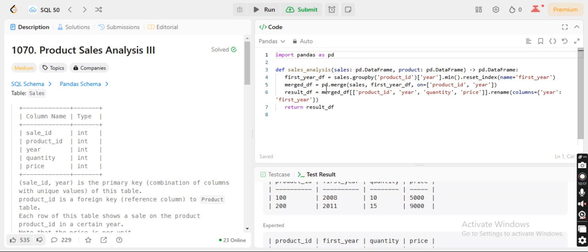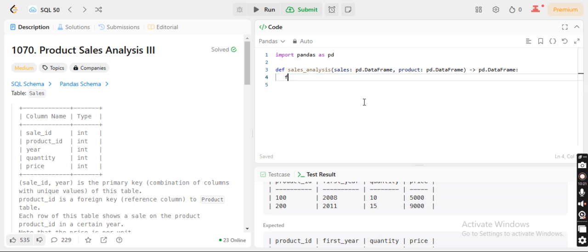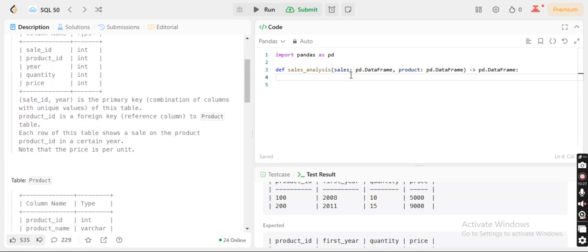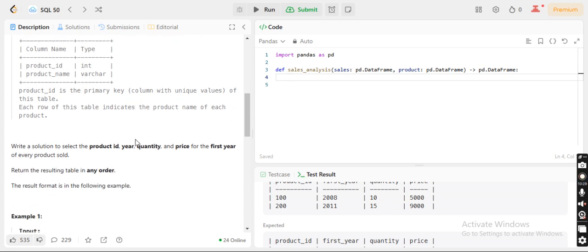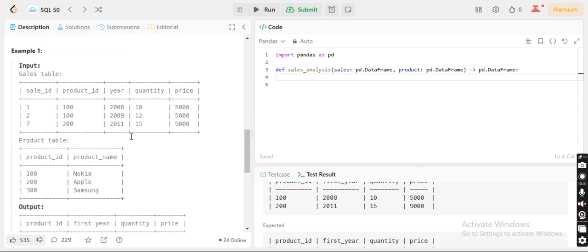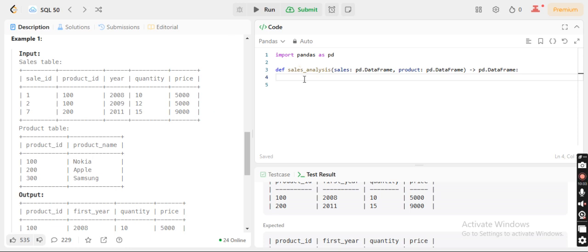I know this part would be a bit different, so let's understand it and write it. We have two tables here, sales and product. What I was thinking is, let's understand what we need to do first. I have two options here.